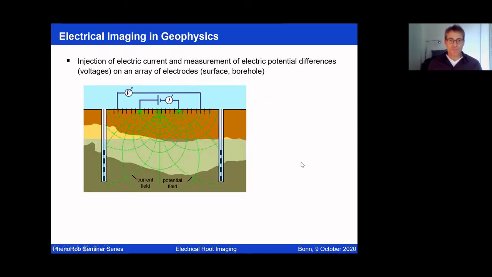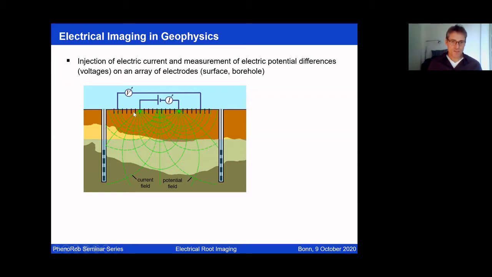Okay, to start with, electrical imaging has been used in geophysics for almost decades, let's say 20, 30 years, with the availability of computational resources, and the measurement principle, so measuring electrical resistances or impedances, goes back to already the beginning of the last century. And the idea is to inject the current into the ground. This would then distribute within the subsurface